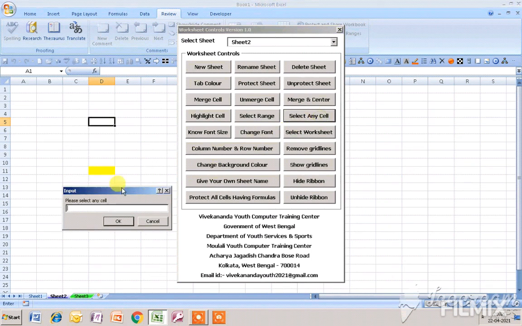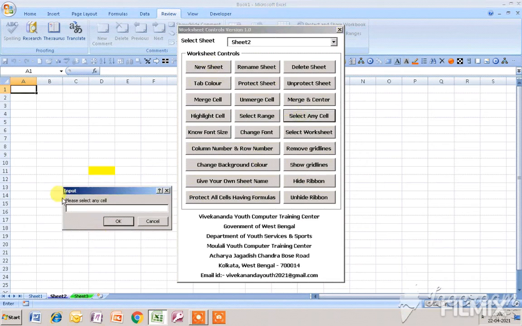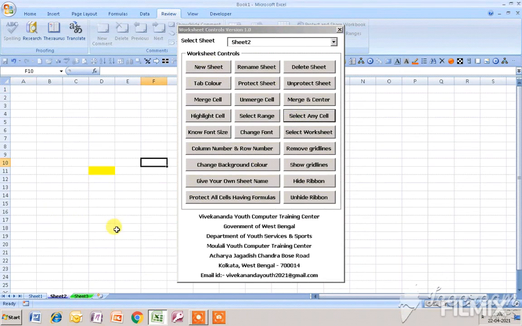Okay, if I want to go again to A1, suppose I want to go to this particular cell and I click OK. Now you can see my active cell at present is A1. Okay, by this process you can select any cell.